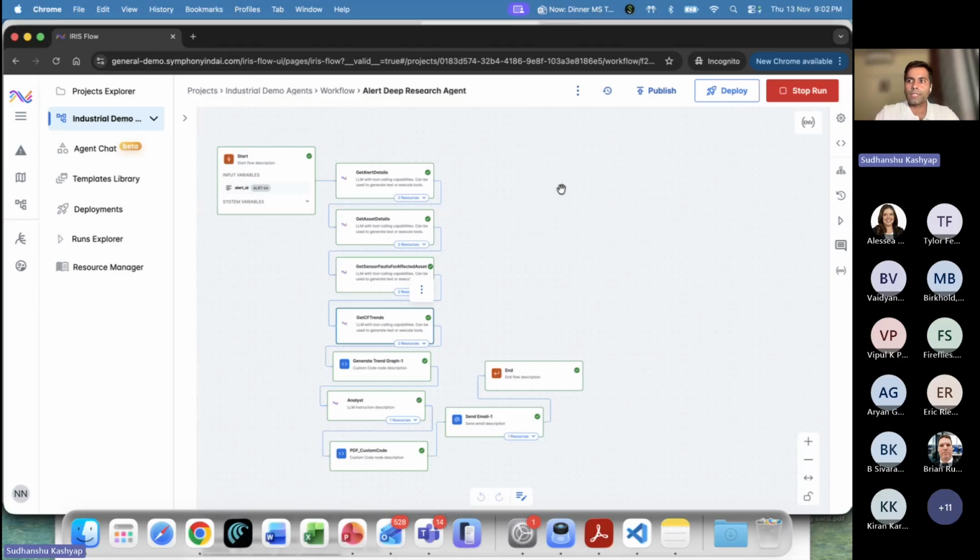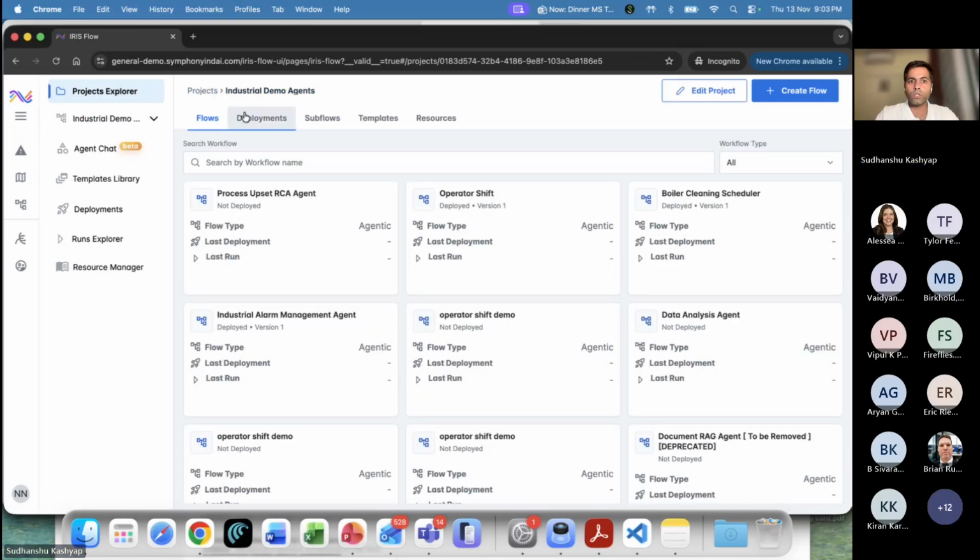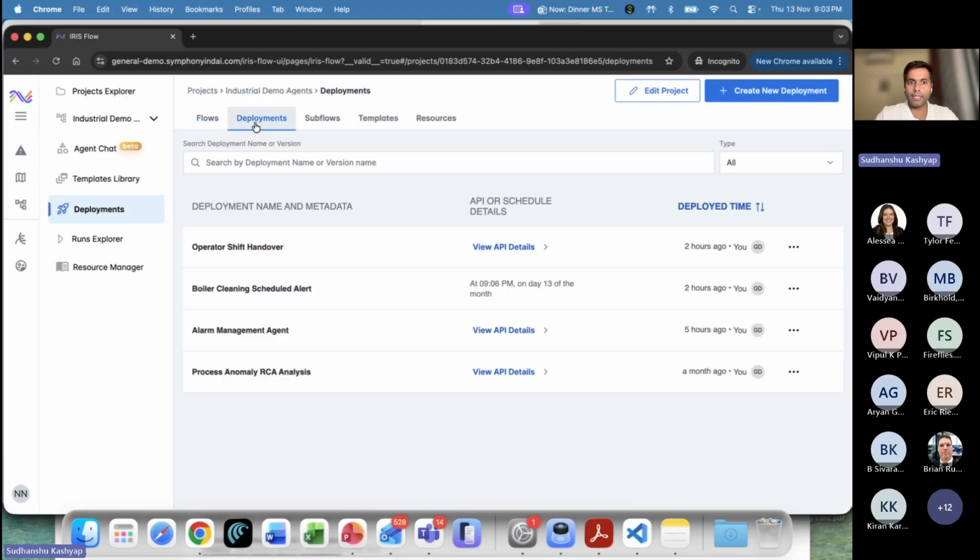So now the question comes: I just ran this for demonstration purposes by saying, oh, you run this alert 64, but in reality how are they going to work? We do have a full deployment process here, which allows us to deploy these agents into production. So I'll show you what it looks like. If I go to this deployment section, I'm able to see that many of these agents are already deployed,